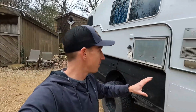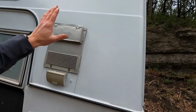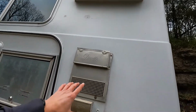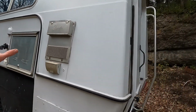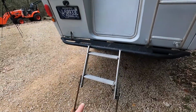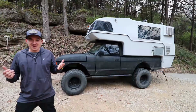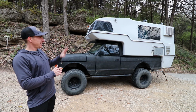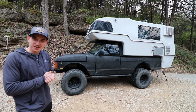It actually drives surprisingly great for what's hanging on back here. Depending on what we do stove-wise, we'll be able to get rid of that. And some of this stuff, we'll fiberglass that smooth. We need a new rear step because I don't like that one. So that's pretty much it. After we get all the fiberglass work done and everything laid out on the inside, that leaves us to refinishing